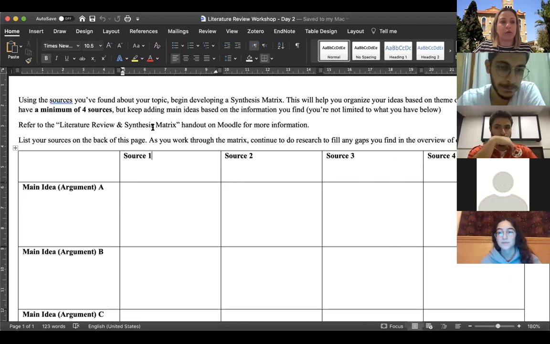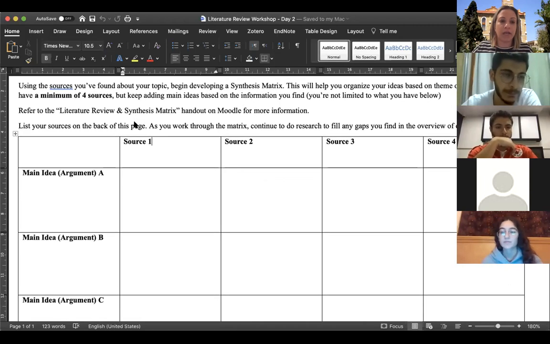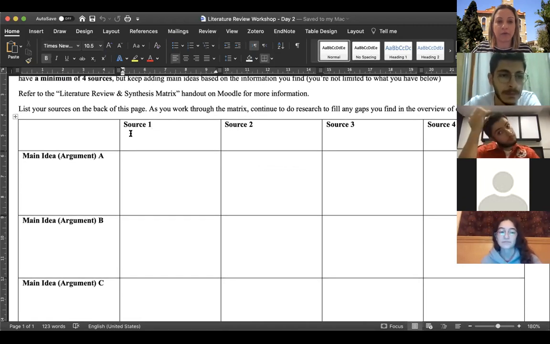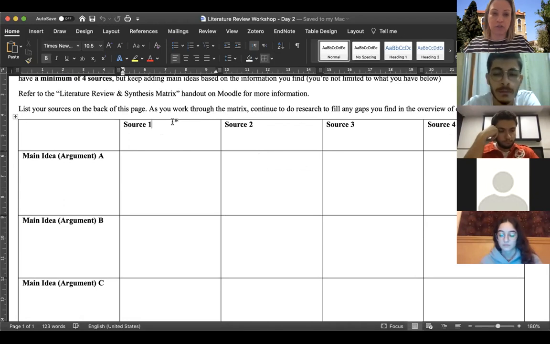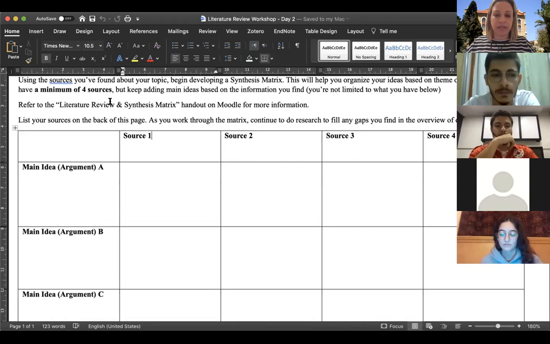Okay, so when we are plugging in our sources here, you've already done the research. So what you need to do is type in the sources over here. So, first source, and I suggest what you need to get used to is plugging in your sources in such a way where